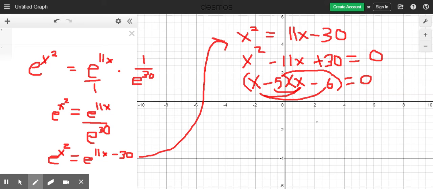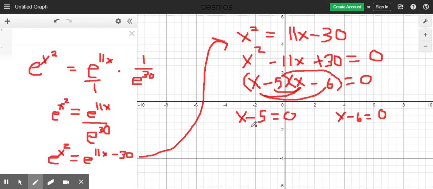Now, if your directions were just to factor this quadratic, you could stop. So read your directions carefully. Factoring is just getting it down into this binomial times the binomial. We're supposed to go farther than that. We're supposed to solve. So we need to set x minus 5 equal to 0, and we need to set x minus 6